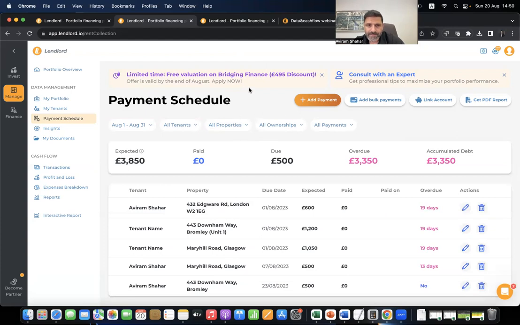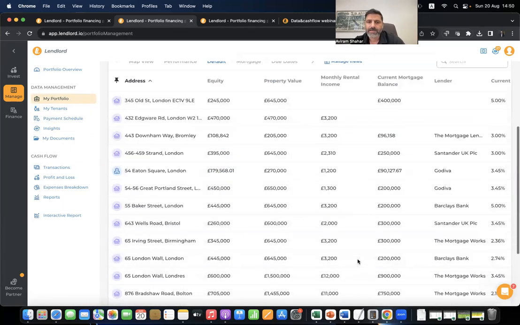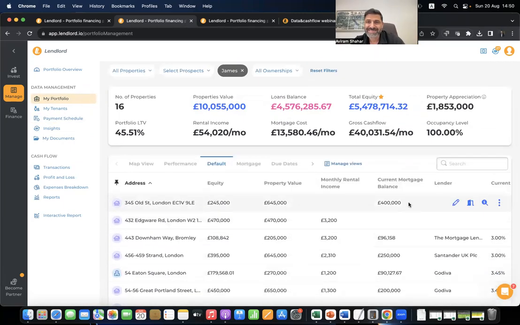All right, another question, from Sikor. Can Lendlord help with calculation of CGT if I'm to sell the property which used to be my home and became buy to let? Okay, so the capital gains tax, I'm pretty sure the platform calculates the estimated